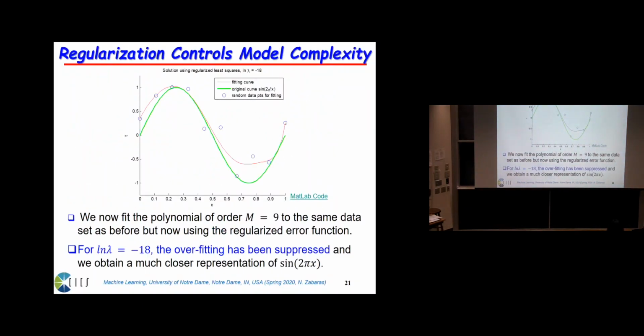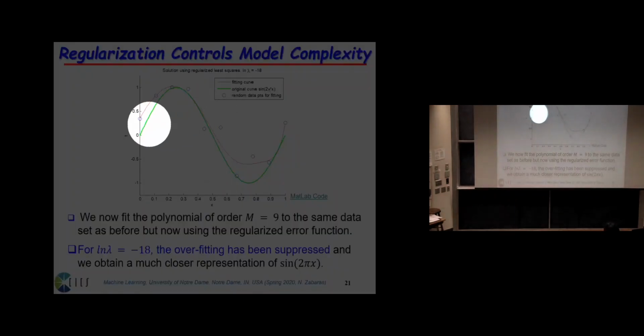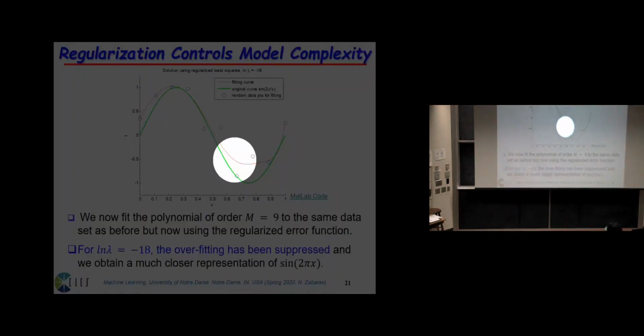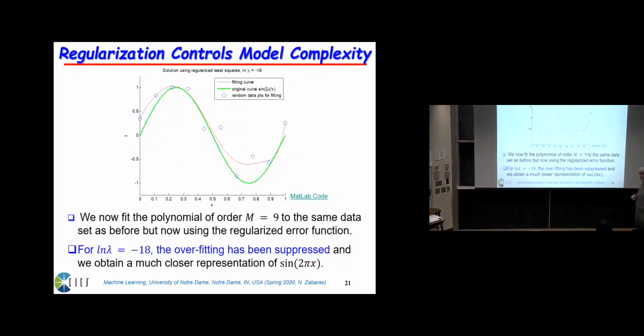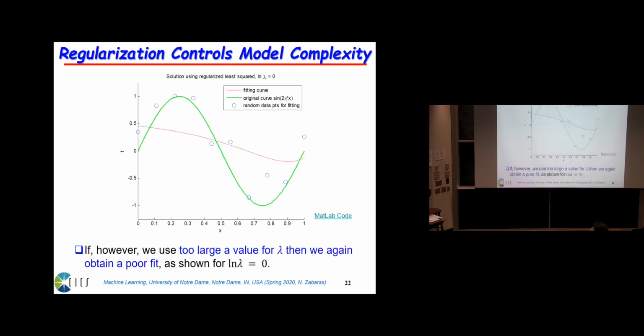So if you go and add a very small regularization on the problem with the few data points that we had before, and I'm assuming m equal to 9, so the log of lambda is minus 18, so lambda is a very small number, you can see suddenly there is no overfitting. Right? So we immediately know there is a way with regularization to control the complexity of the model. Okay? Now,